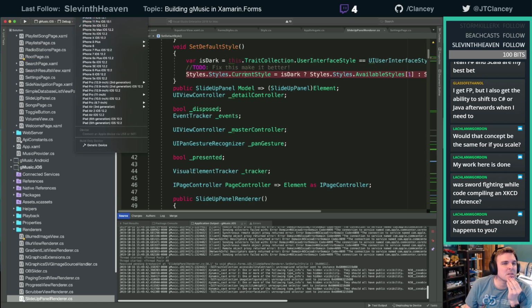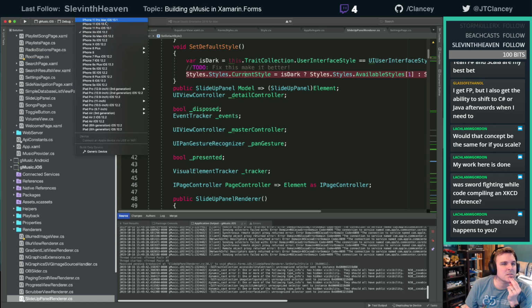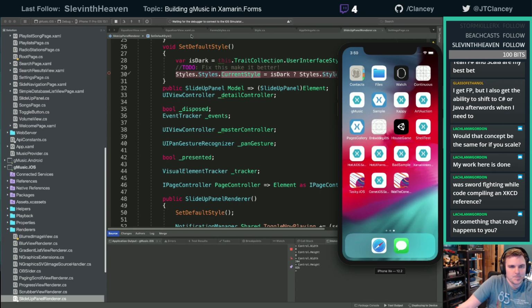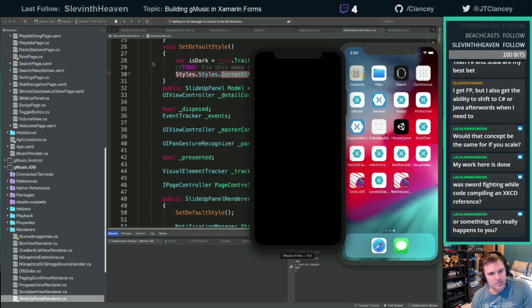So let's go to an iOS 13 device, which is not signed in, but that's fine because we can just not sign in and flip the switch. Maybe we only do this if iOS 13 or higher. I need to finish my dark mode. It's kind of bad.